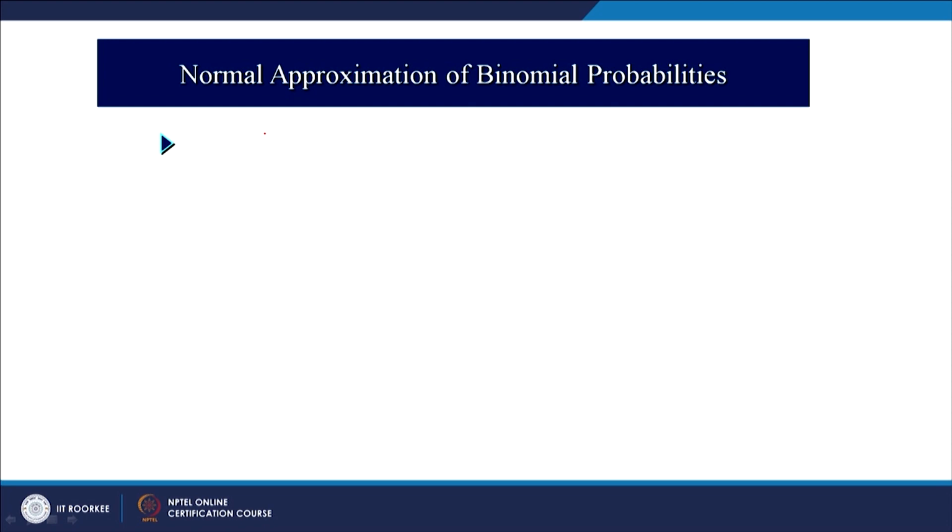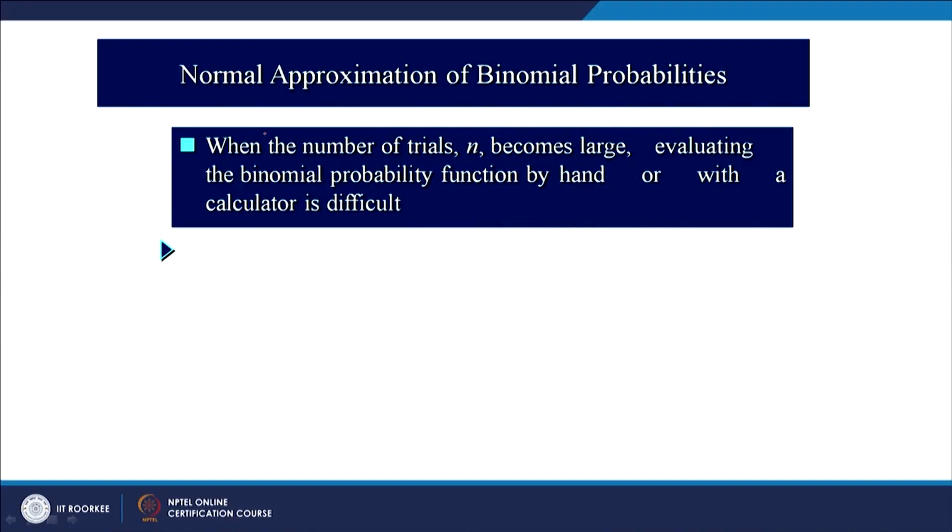Now, let us move on to the approximation of binomial distribution. We have seen earlier that we can use Poisson distribution instead of binomial distribution, and both of them are discrete distributions, but Poisson distribution can also be used instead of normal distribution. So, in fact, normal distribution can also be used for binomial distribution. It is not the Poisson distribution for binomial distribution, it is the normal distribution for binomial distribution.